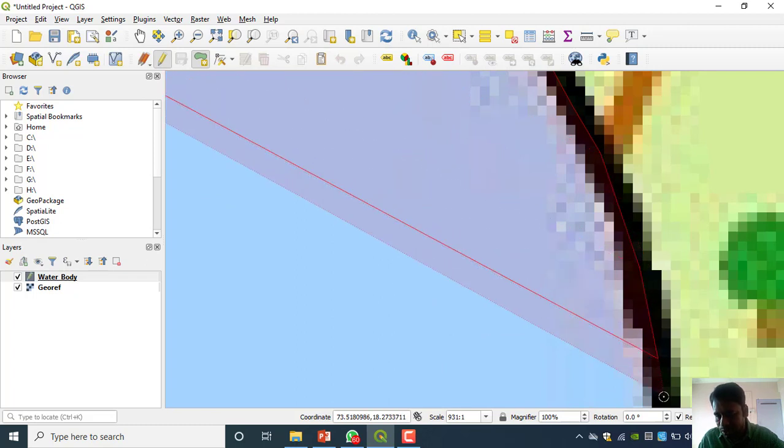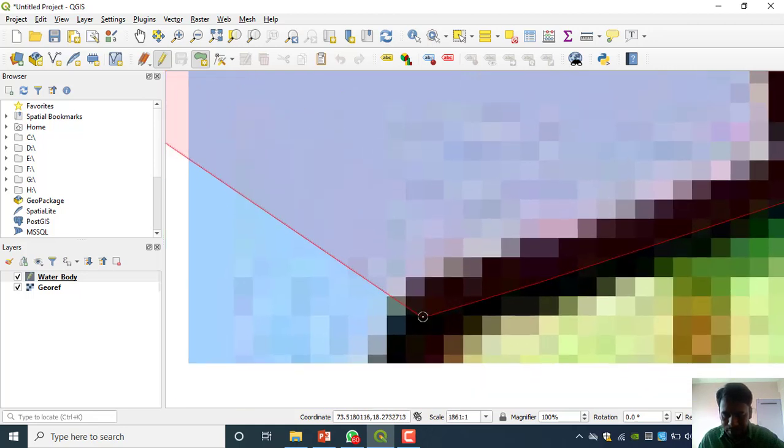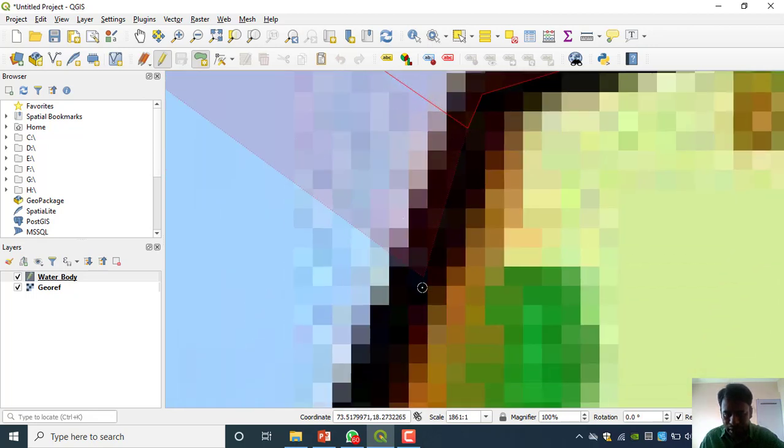I am just showing how to digitize. This is totally on the basis of practice. Your skill will develop. It is a very time consuming part, but we don't have any other option.